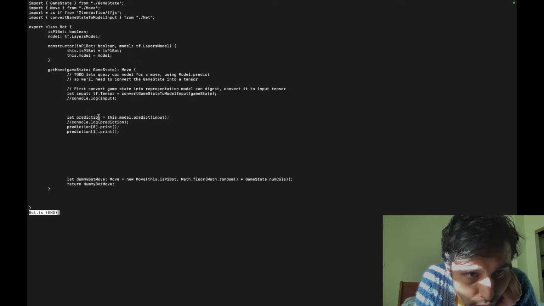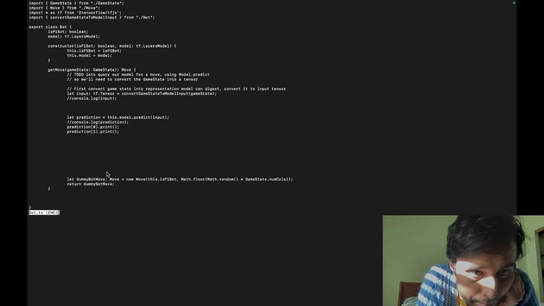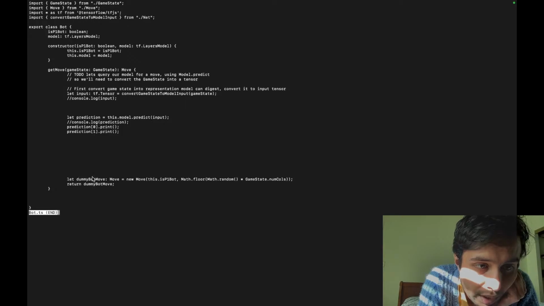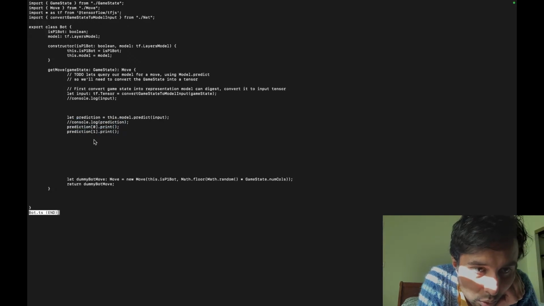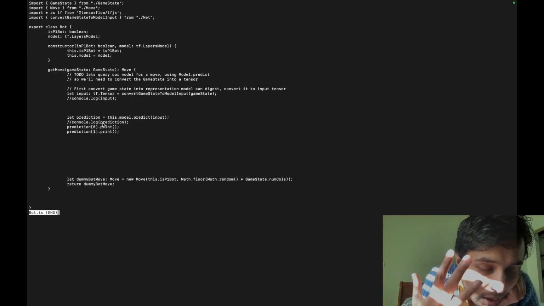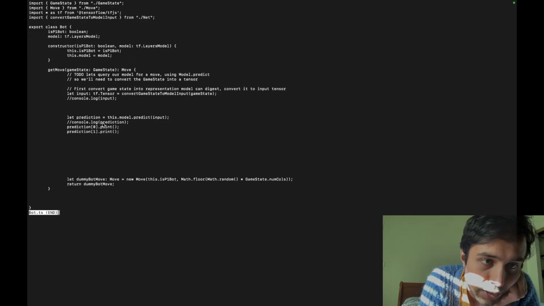So right now, all we have to do is, instead of dummy, we'll remove the word dummy. It'll just be a bot move. And that bot move, instead of doing math.random for choosing or sampling a random column, will return the move based on sampling the prediction. Once I finish deleting this line and actually using this, that means I've fully integrated the neural network with this bot. That is a huge step, because then all that's left, and again, this is a lot, is to actually improve the model using AlphaZero, the Monte Carlo tree search.